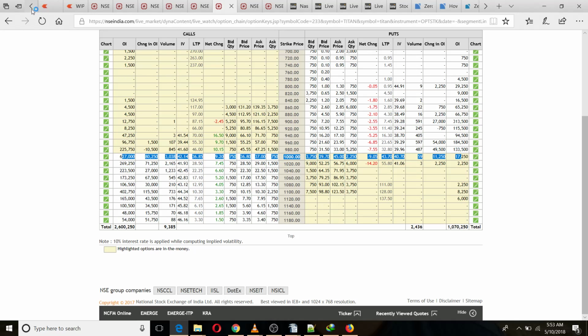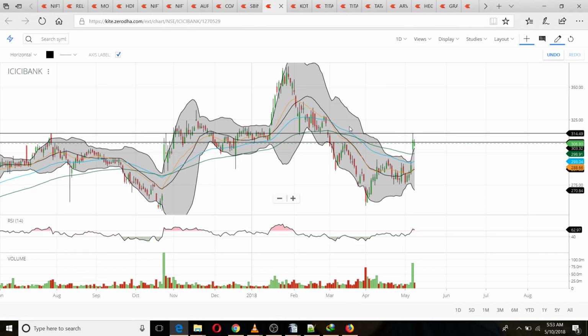No, actually what I was talking about here was ICICI Bank, and where is that? This here. So here in ICICI Bank, I will look for a shorting opportunity. I will see if I get some opportunity, and then I will short it. So you can keep this stock in your watch list.